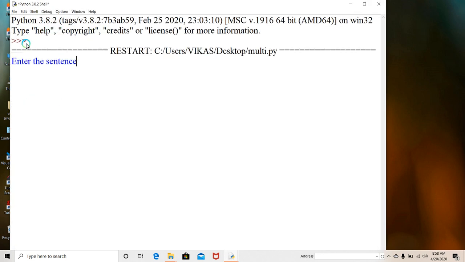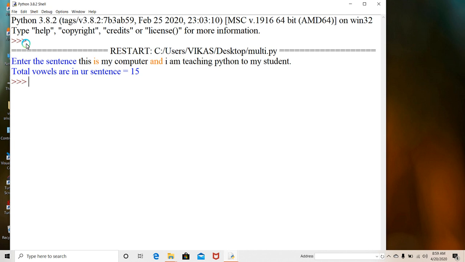Here I am writing one sentence: This is my computer and I am teaching Python to my student. Clear? Total number of vowels is 15.